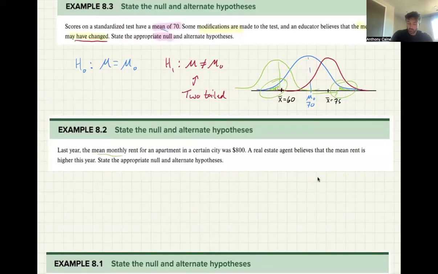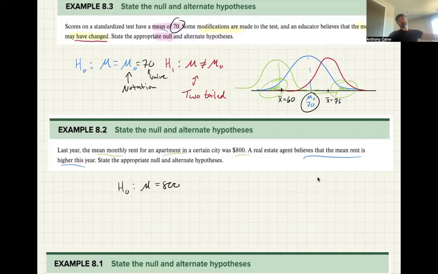The mean monthly rent for an apartment in a certain city was $800. And then people go out and they collect some data and they believe the mean rent is higher this year. So the null hypothesis is that the mean rent is 800. Oh, I put down mu0 here, but they gave us a value of mu0. Sorry, and here I said it more explicitly. Mu0, the way we use it, and it's going to show up in your calculator sometimes, is